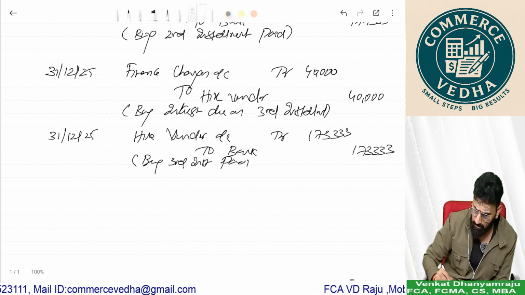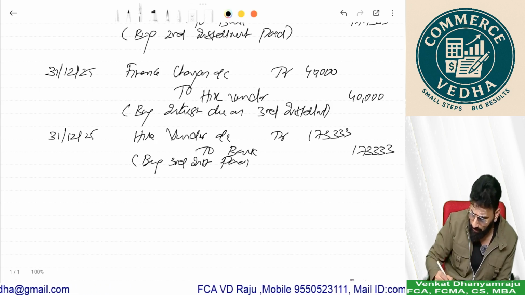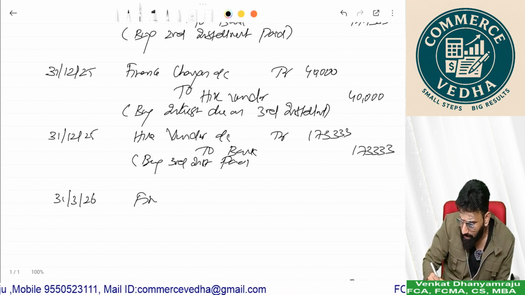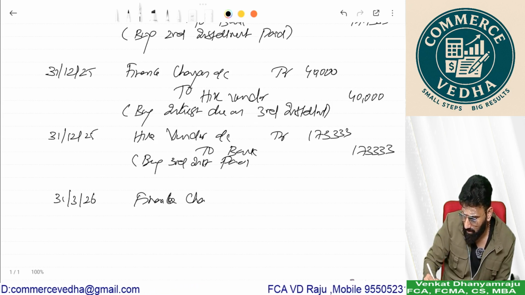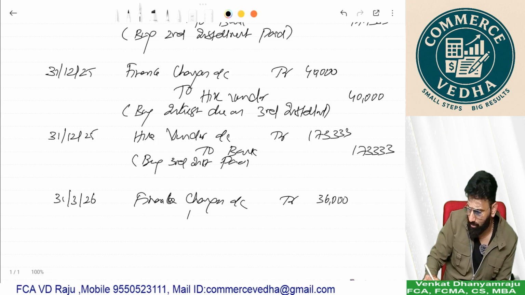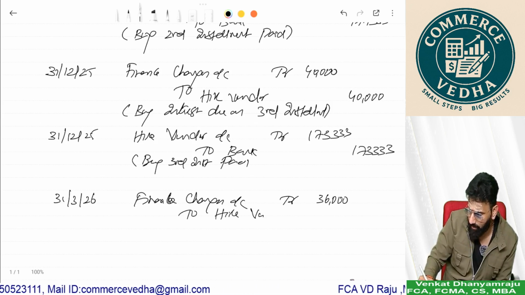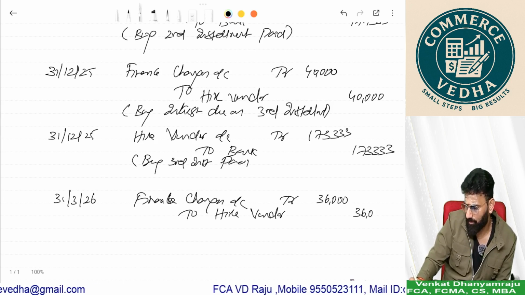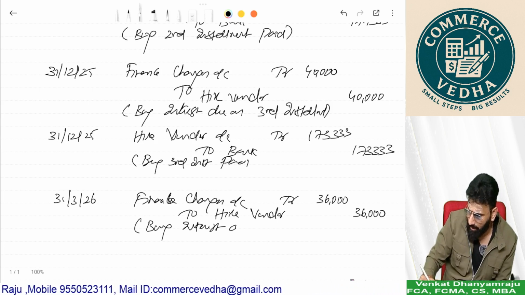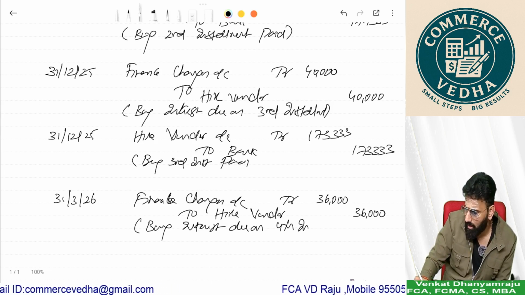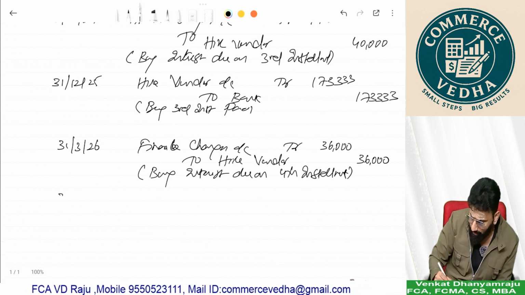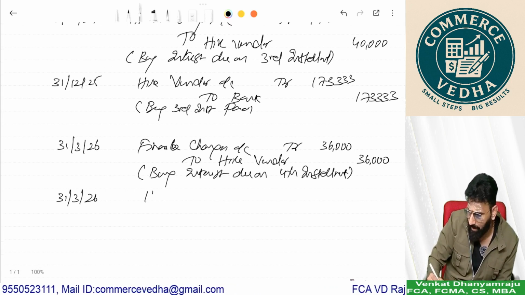Then 31st March 26 is finance charge account debit 36,000 to hire vendor 36,000 being interest due on fourth installment, and on the same date I write the payment entry,